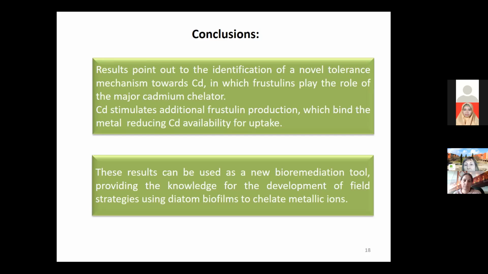Cadmium stimulated additional frustule production, which binds metal, reducing cadmium availability for uptake. So this is a mechanism where increasing the frustule amount of diatoms in the presence of cadmium allowed diatoms to tolerate exposure to cadmium, by increasing the binding of metal extracellularly to these frustules, and making less free cadmium available for